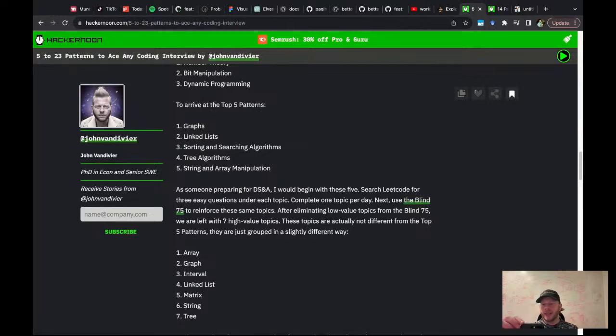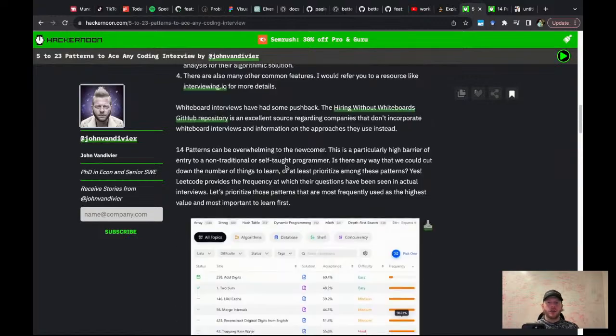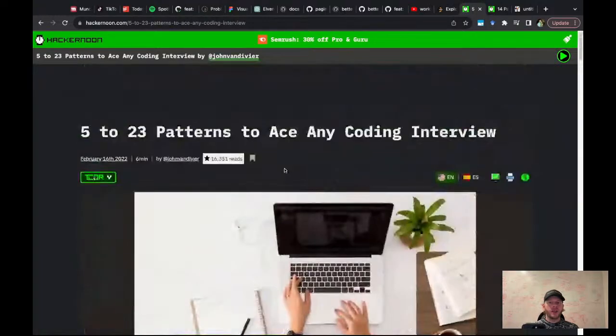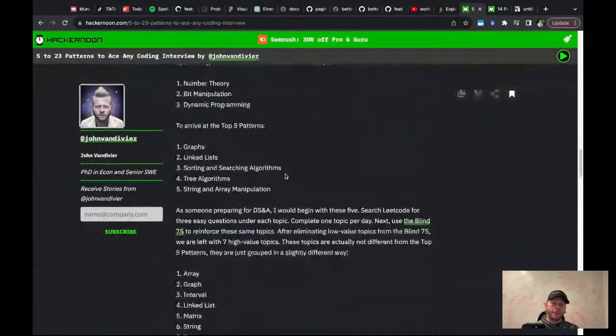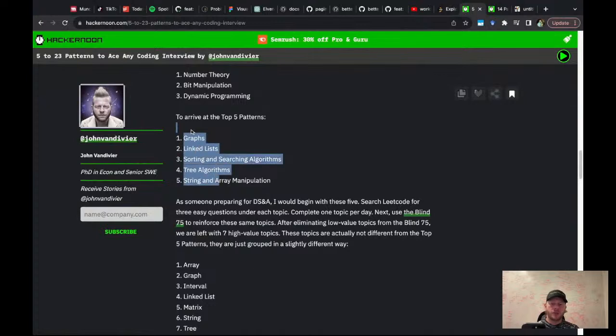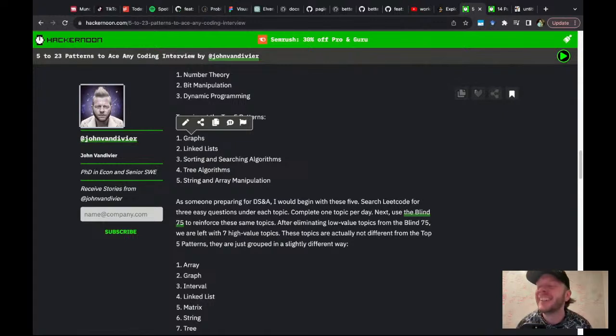So I didn't think that I needed 7 problems to cover the 7 patterns, or the 5 patterns. I thought I probably could get away with less, but it's been over a year and I haven't found the right problems. So we're going to do what I call meta Leetcoding, which is we're going to take the Leetcode approach to solving the Leetcode problem.